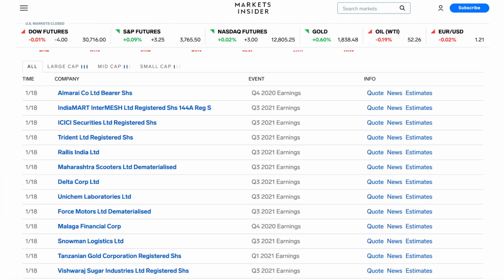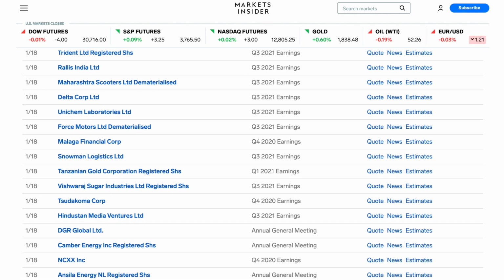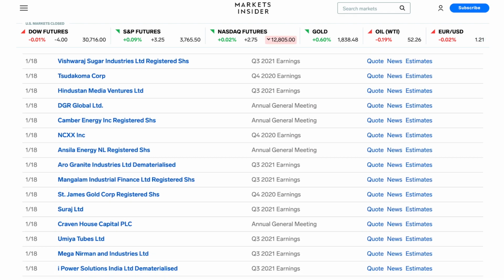Now is the start of what we call earnings season. Companies release how much money they earned during the last quarter, and analysts try to forecast, for example, the earnings per share, how many sales they've made, and how much revenue they earn. And for traders, earnings season is a great opportunity to take advantage of a lot of